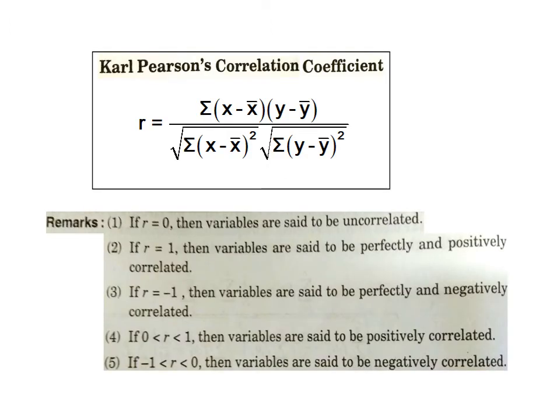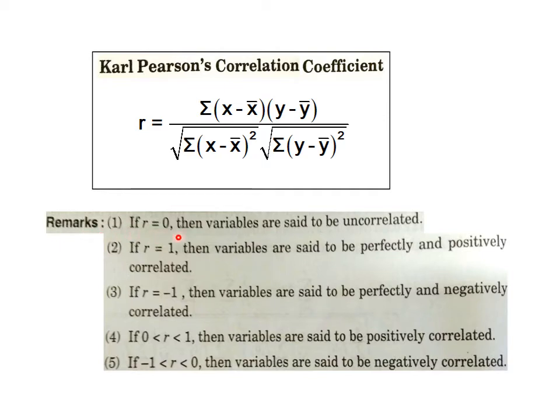First of all, we talk about Karl Pearson's correlation coefficient formula. Small r is the symbol for that. It's given as, with certain summation conventions in the formula, sigma (x minus x bar) into (y minus y bar) in the numerator. Then in the denominator we have root sigma (x minus x bar) whole square into root sigma (y minus y bar) whole square. We will see by virtue of an example how these can all be calculated for a given problem. We have certain remarks for the value of r.